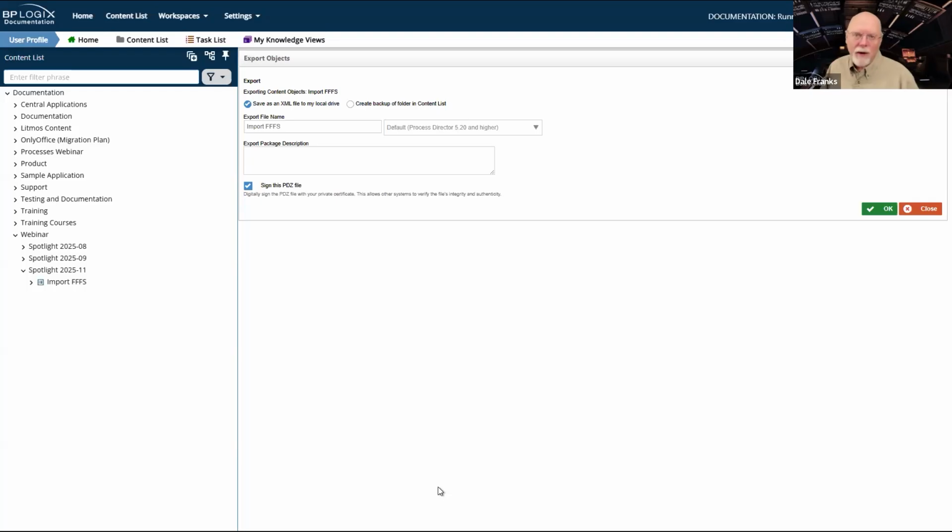So it does prevent someone from coming up with some weird third-party PDZ file to import onto your system, which you might not want. So it would have to come off of one of your systems, be signed properly before I could import it to any of my other systems, assuming, of course, that I have the certificate set up on each server.